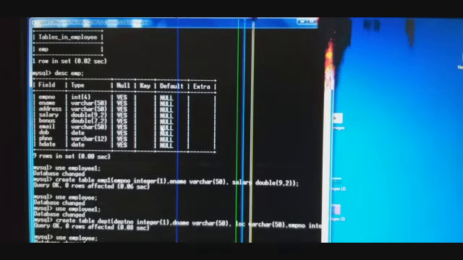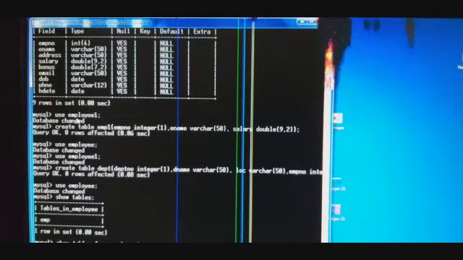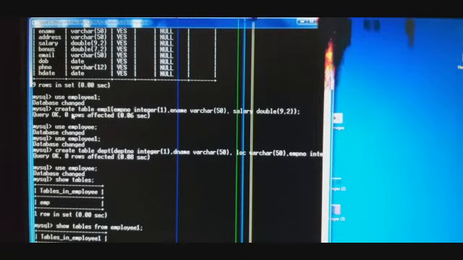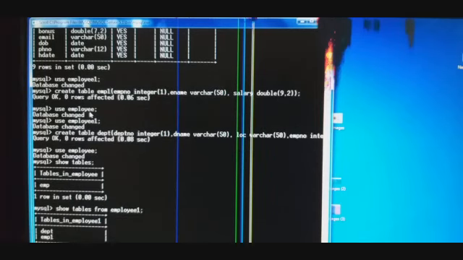Keep this in mind. Now afterwards I had used another database, use employee1, you can see here. And afterwards I had used the create command to create another table in the employee1 database. Here you can see create table, table name, then field name, data type, size, field name, data type, size. I had created another table in database employee1. And afterwards again I had used our previous database, that is employee.